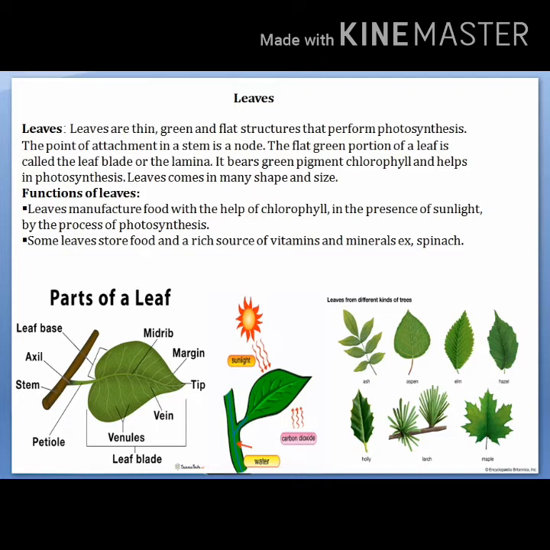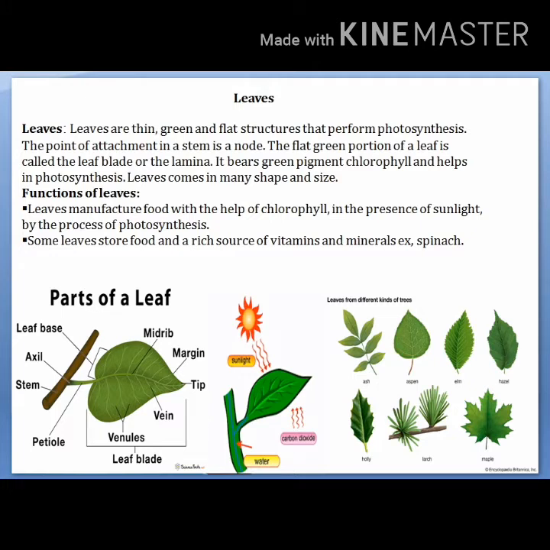Each leaf has a main vein which is called midrib, and many veins are connected to the midrib. Midrib or main vein helps to carry water, minerals and food up and down the leaf. The main vein extends to the stalk which is attached to the stem. Now students, clearly see these parts in the figure so that you can understand them very well. So students, the stalk attaches the leaf to the stem.